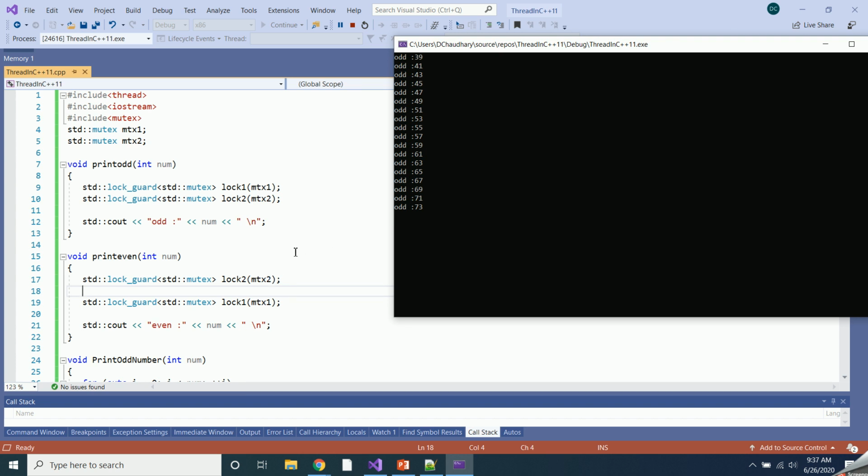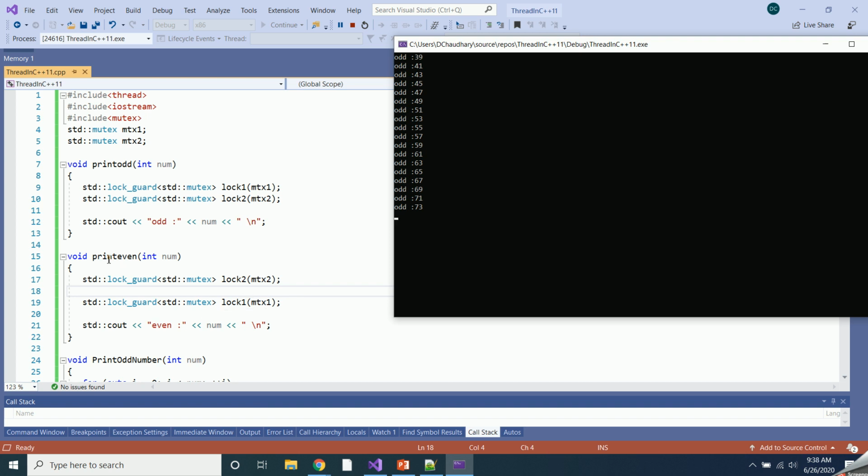This is because this mutex 1 is already acquired by this odd thread, and mutex 2 is already acquired by this even thread. So after acquiring this mutex 1, if it tries to acquire mutex 2, it has to wait for this even thread to unlock it. Same goes over here.